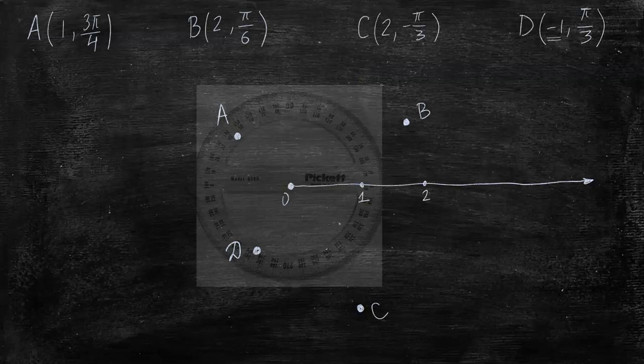Now, if we look at point D, and ask ourselves, was this the best way to write the coordinates of point D? And the answer is maybe not. Alternatively, we could have written the coordinates of point D